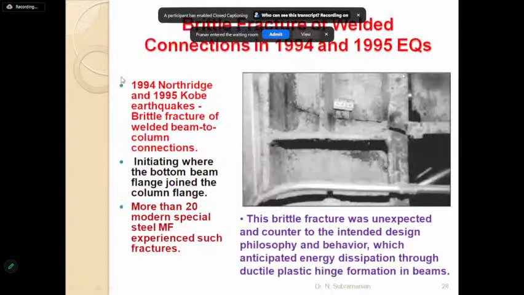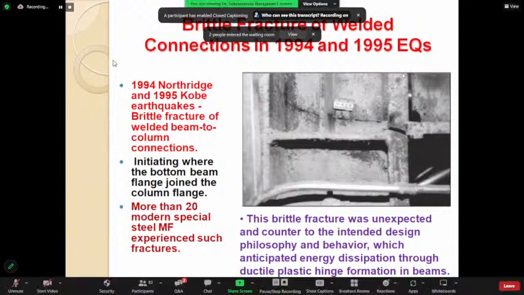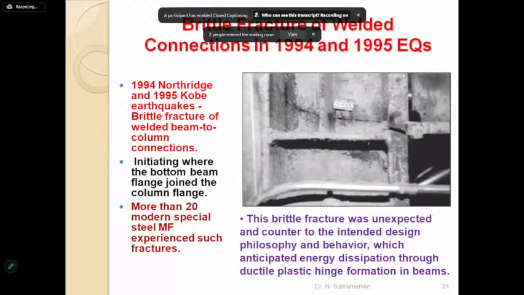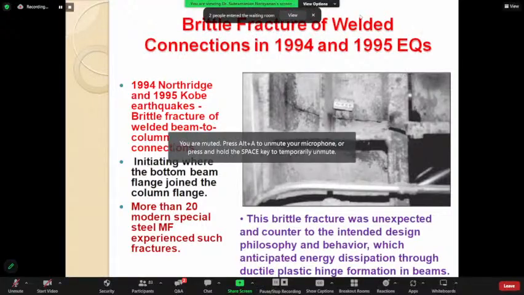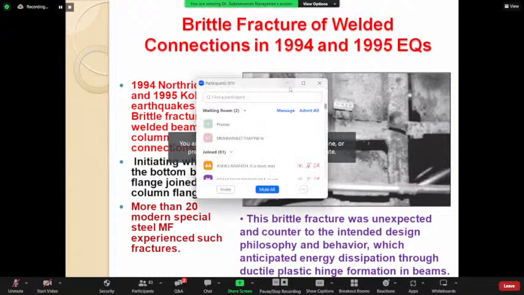Actually, as I initially told you, the 1994 Northridge and 1995 Kobe earthquakes were very important for our talk. I showed you the previous connections used till 1994. Those connections resulted in brittle fracture of welded beam to column connections. You just see here, this is a beam. So when the beam